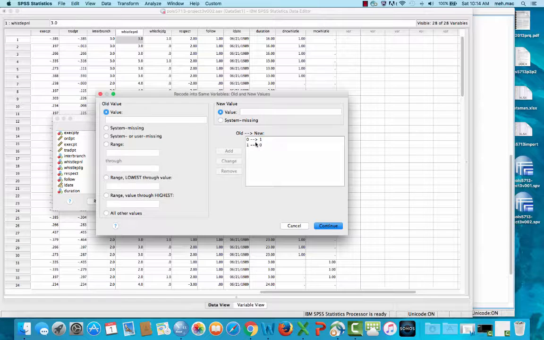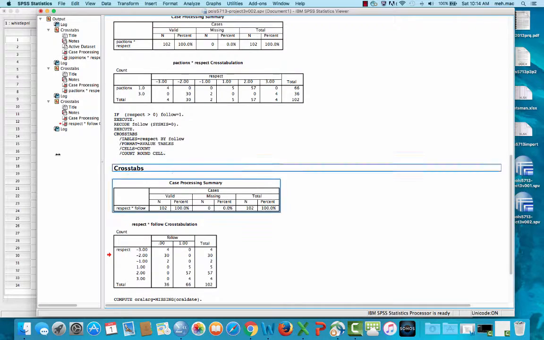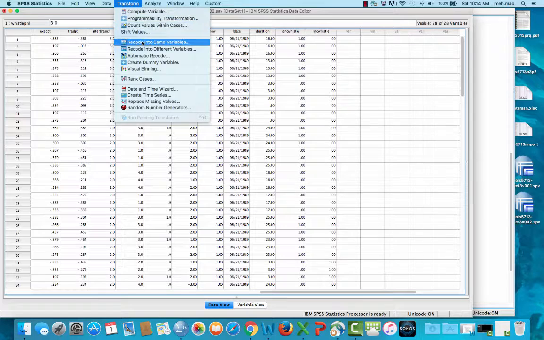I'm going to say old and new values. Make sure you get rid of these immediately. And what we're going to do is we're going to do system missing equals 0. So just add that one, click continue, and it's going to take any system missing values, make them 0 for those, then we'll have our dichotomous variables. Okay, so I've got DNC, RNC, whistle. If you like, what we can do is we can